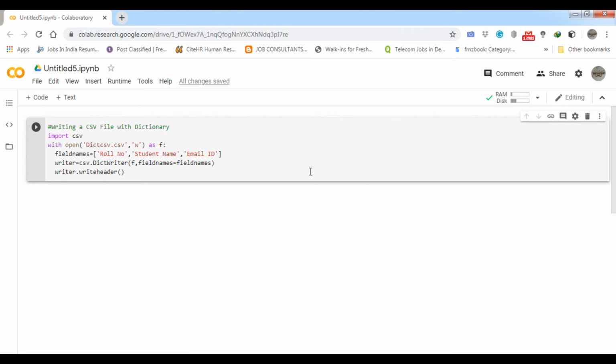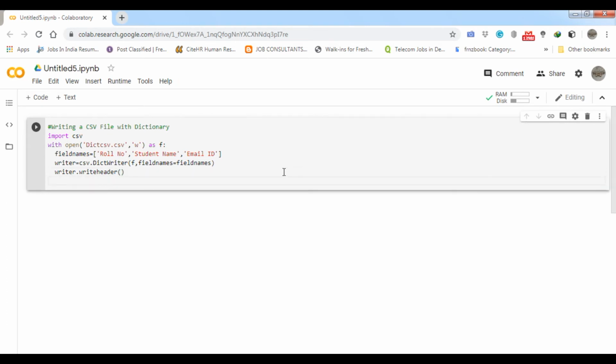Now we are going to add a row. That is simple, it is writer dot writerow. Inside that I will pass the whole dictionary. Whatever the dictionary keys are, they should be the same as the list header. So here roll number, then I will provide the data, for example Kamal Kant.